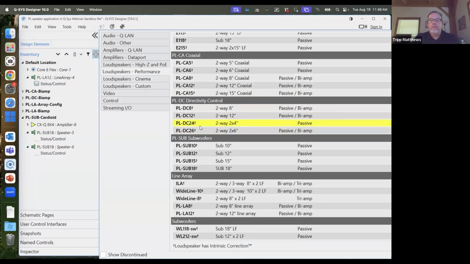The 2.4 is 110 by 50 by default, and that's in its horizontal, and it's only as big as two 4-inch drivers, and it's actually got an under balcony shape for it. Please see our website. I'm going to jump through that, but these two were made to fill in for those positions. They can be used as their own standalone boxes, but these were thought of as the under balcony fill,